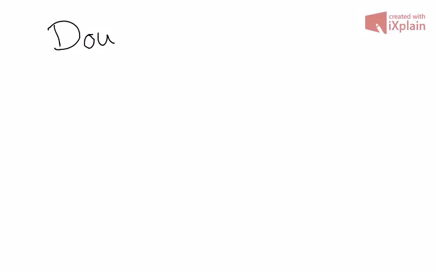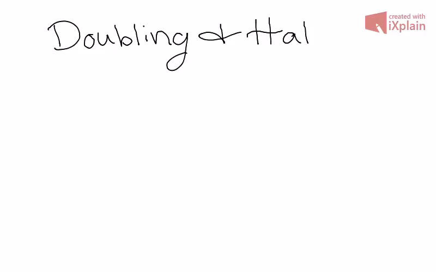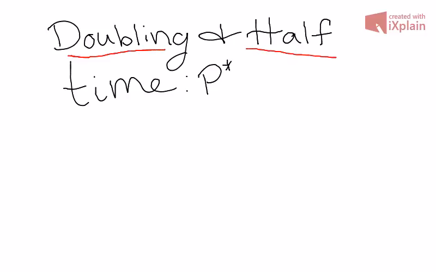Alright, so we'll go ahead and go over doubling time and half-life. It's really similar to what we were just working on, except now, instead of a rate where things were changing, the rates are either double or half. Basically, the doubling time is how long it takes for the population to double, and the